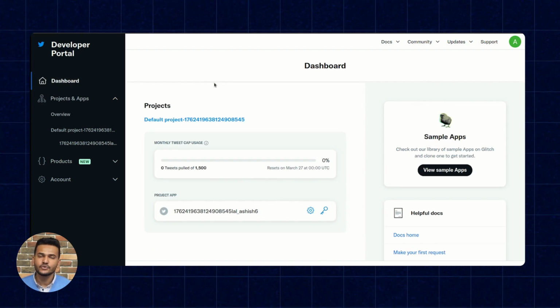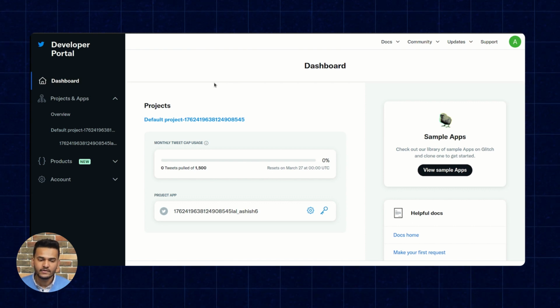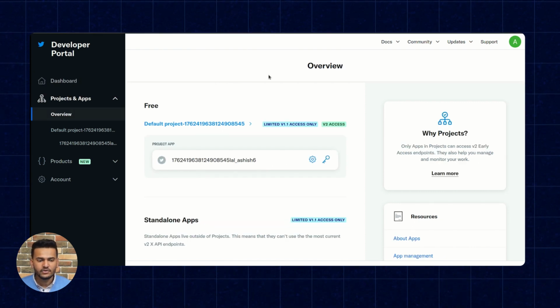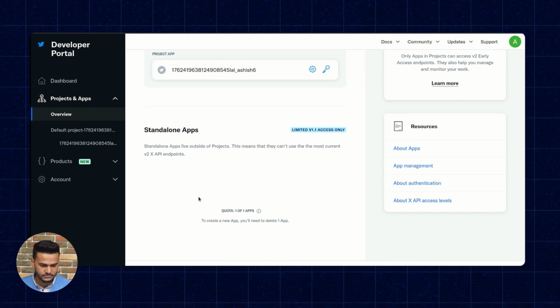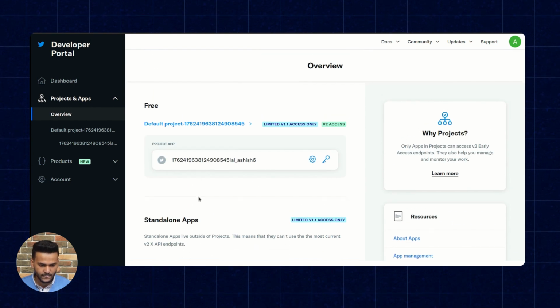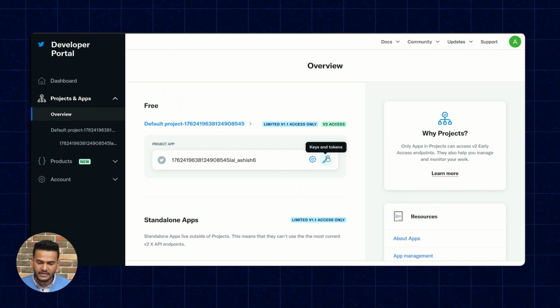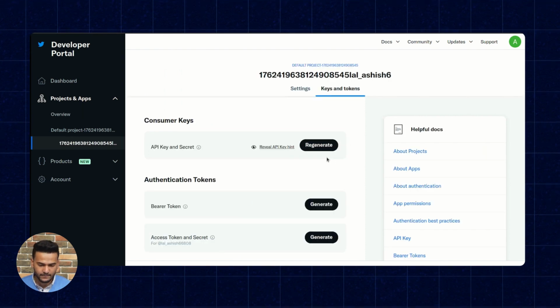Similarly for Twitter, you need to go ahead and create a developer account first. To create the Twitter developer account, you need to go to developer.twitter.com, and here's how the dashboard will look. Once you have logged in, the first thing that you'll have here is your project application details, and you'll have to simply click on keys and tokens.